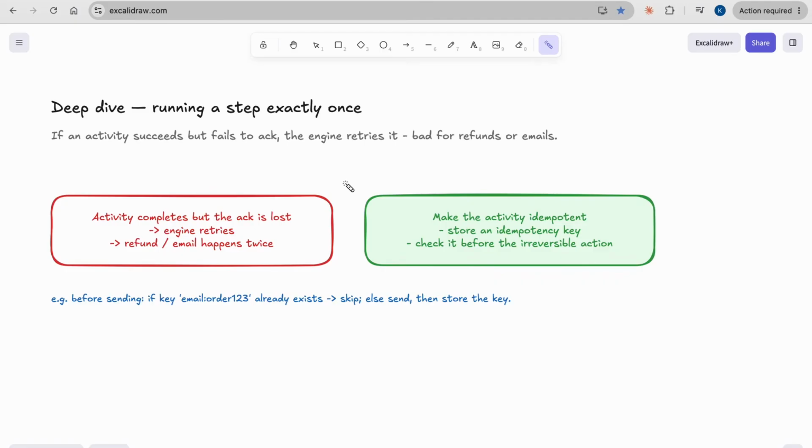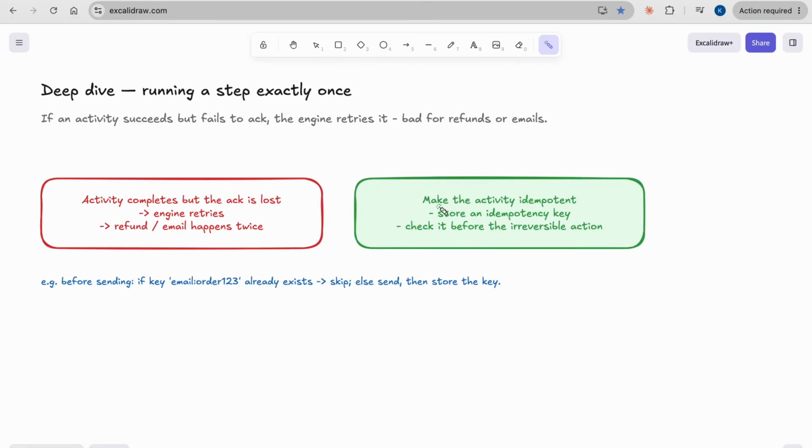So we store an idempotent key, and even check before the reversible action, so that we ensure it's all atomic.